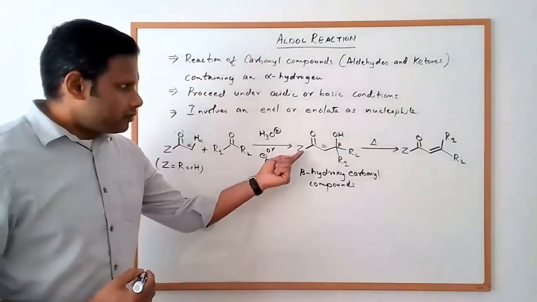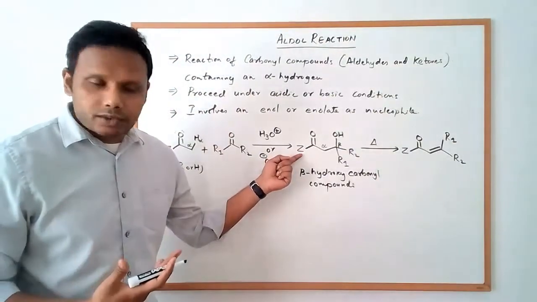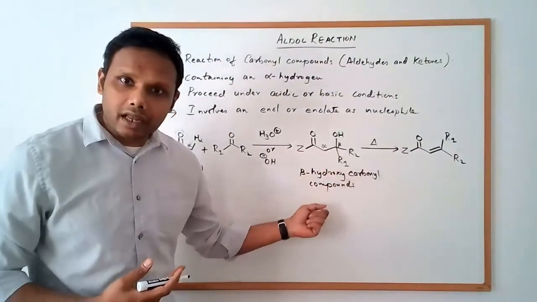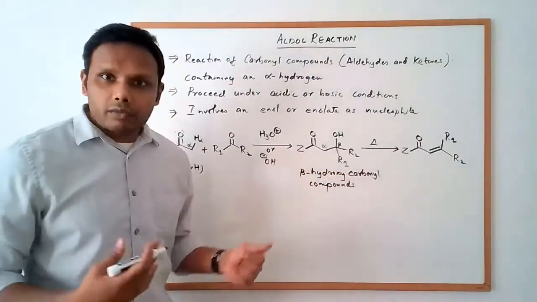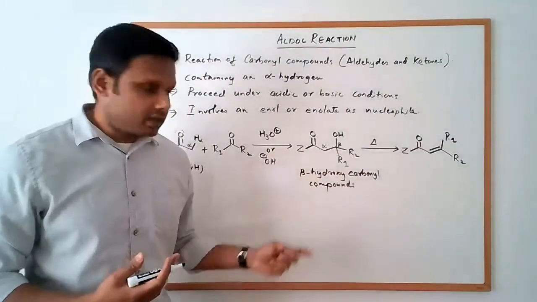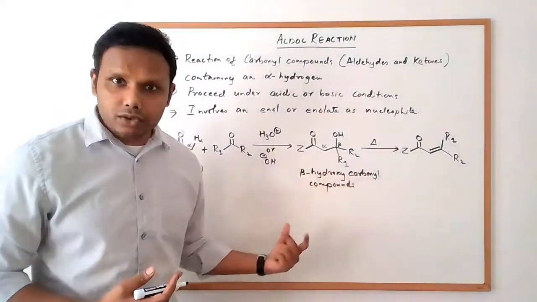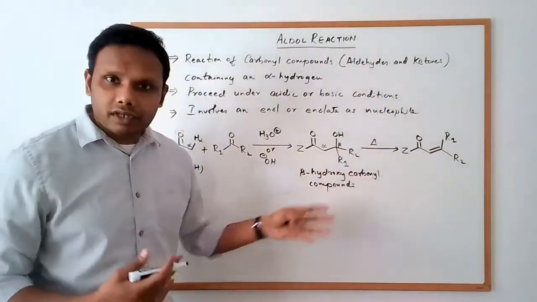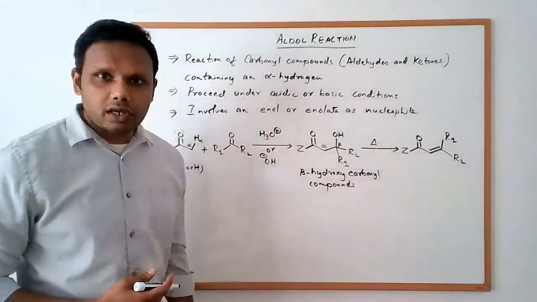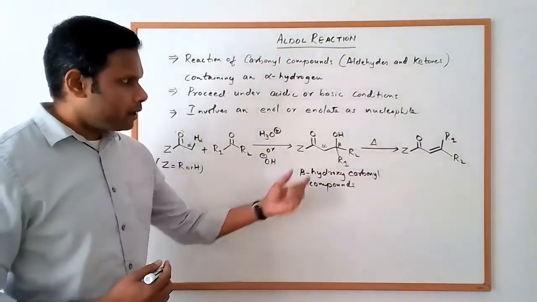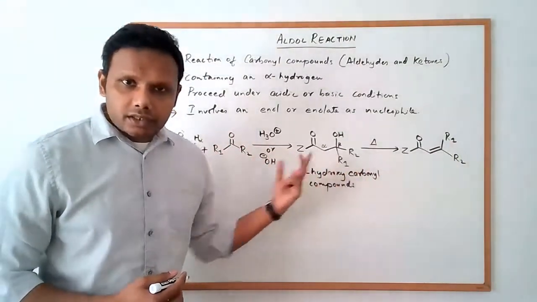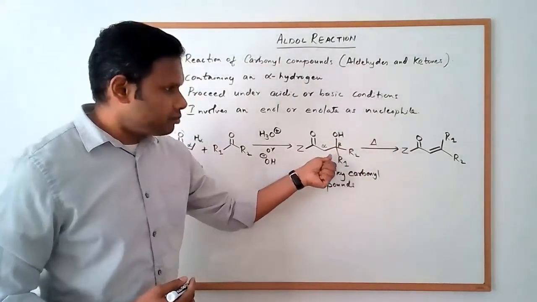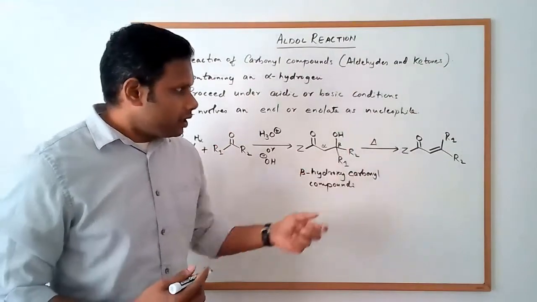Now, if this Z is a hydrogen, then we can be specific and we call it a beta hydroxy aldehyde. Or if Z is a carbon-containing group, then we can go specific and call it a beta hydroxy ketone. So it really depends on what Z is here, because we're just defining it very generally to say it is a beta hydroxy carbonyl compound. Okay, now under these reaction conditions, again, if you have acidic and basic conditions,